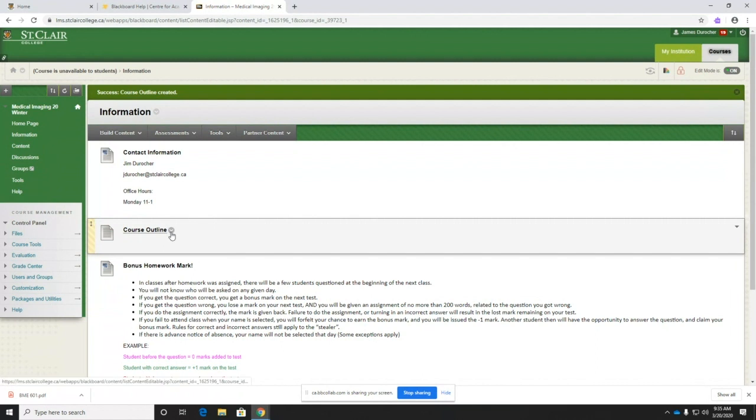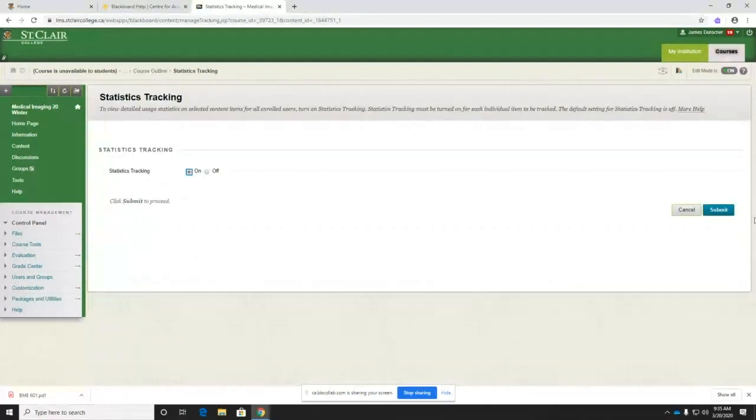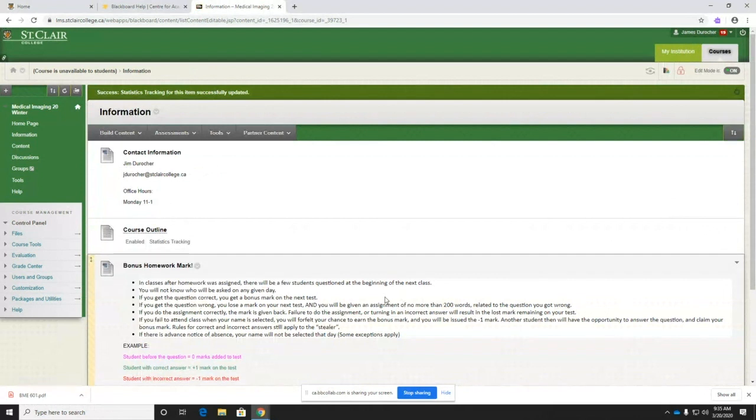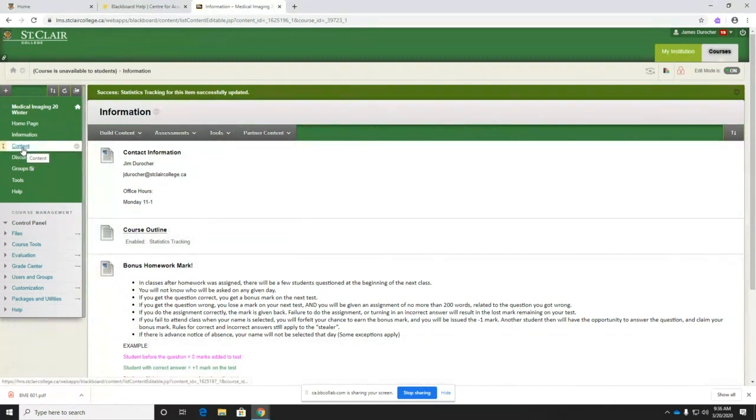So for course outline and syllabus, she absolutely recommends tracking your statistics so that if a student ever tries to perform a grade appeal, then you will be able to have more argument to say that you've only ever looked at this data at the very end of the semester when you're trying to argue something, or not at all in many cases. So enable statistic tracking for course outline. Thank you very much. So if I want to add lecture material, what you can do is go into course content,